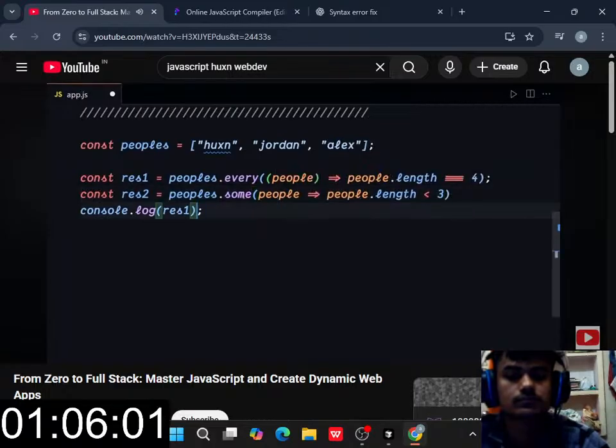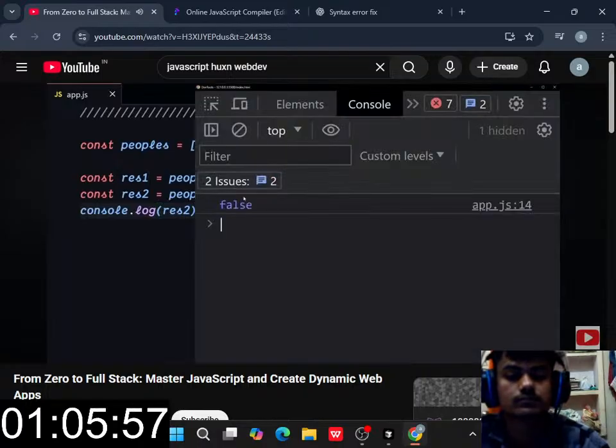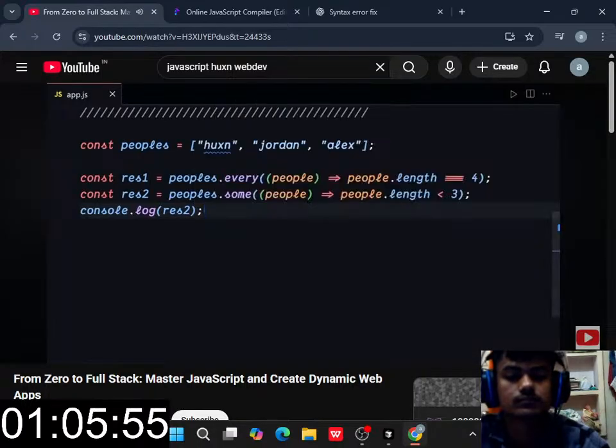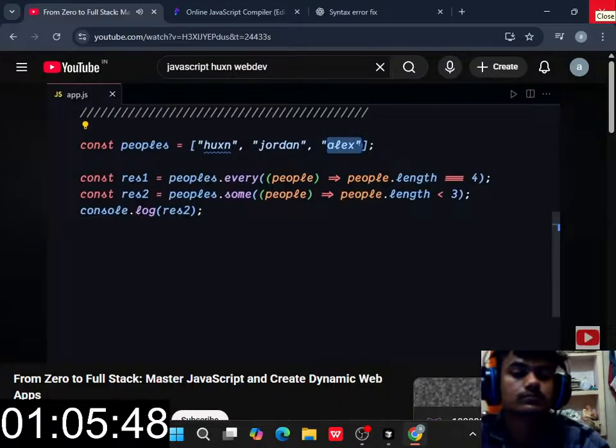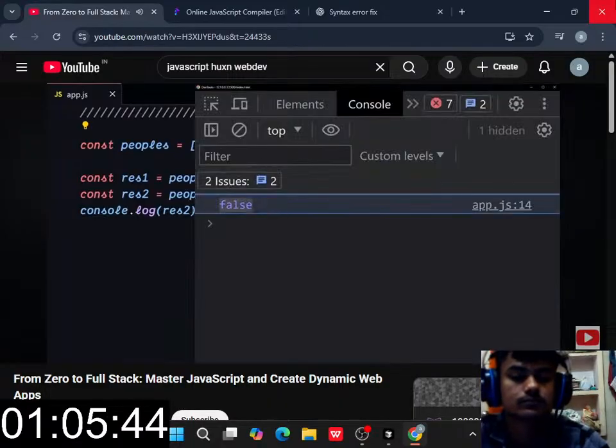And now let me just log this res2 to the console, and I'm gonna save my file, and it will now give us false right here. Why is that? Because this length is not less than 3, this length is not less than 3, and this length is also not less than 3. So all of them are false, so that's why we are getting false right here. But if I just write